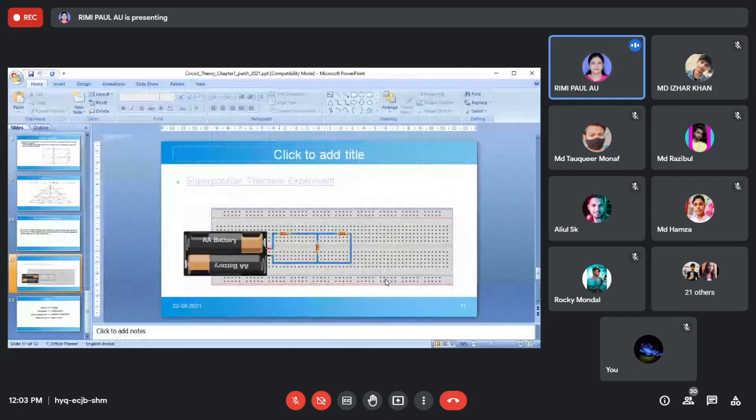Today we'll see one program through the National Instruments Multisim software. I'm just going to open it, then you can see.